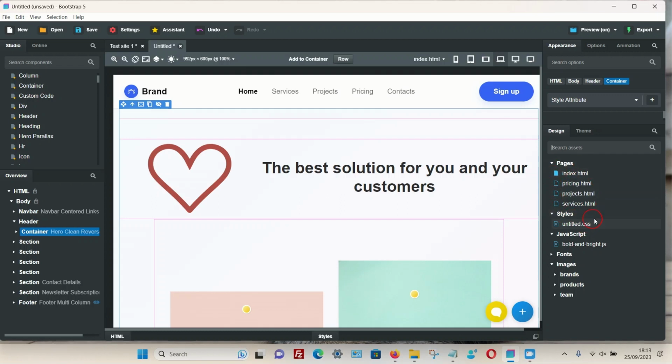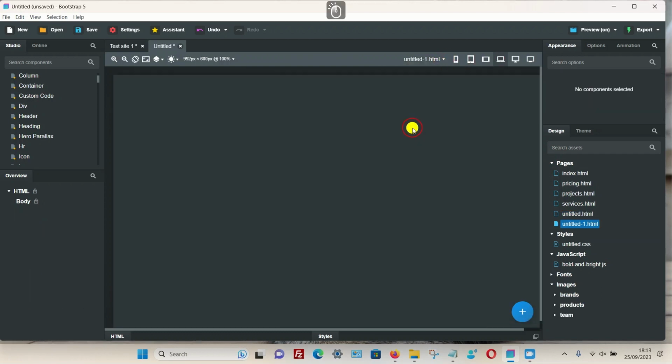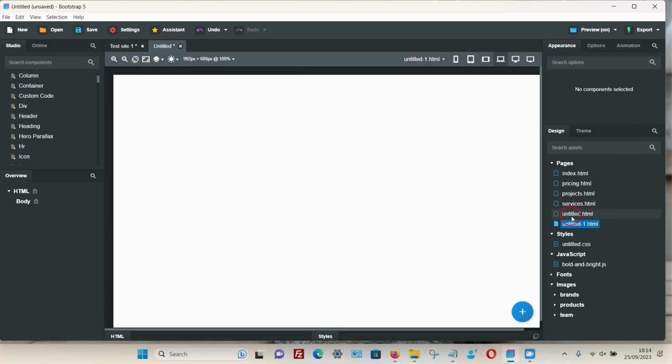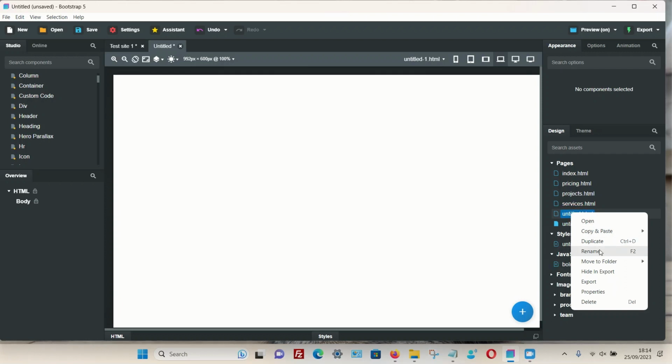To add a new page, you simply put your cursor over pages, right click, select new and add a page. You can also click up here and again add a new page. Once a new page is added, it's automatically listed as untitled and untitled-1 and so on. You can actually change these. Again, put your cursor over them, right click, select rename, and then you can